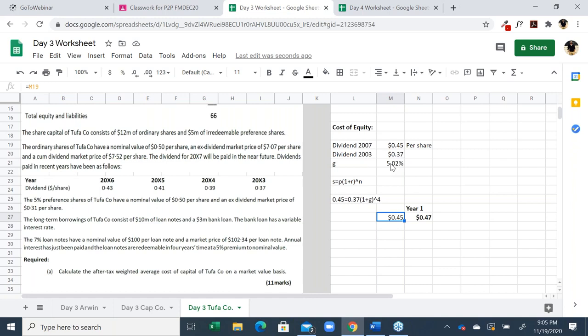What most students get wrong is that when they have the year 1 dividend, they still multiply it by 1 plus g, and then they are actually getting the second year's dividend, which is wrong. They're skipping the first year dividend. So it should always be the year 1 dividend. If I take this one, I have to multiply it by 1 plus g. Or if I take this one, I don't need to multiply it by 1 plus g; I should straight away pick this one. So make sure you are picking the right dividend in the formula. For simplicity's sake, I'm just picking up this one, the dividend of year 1,